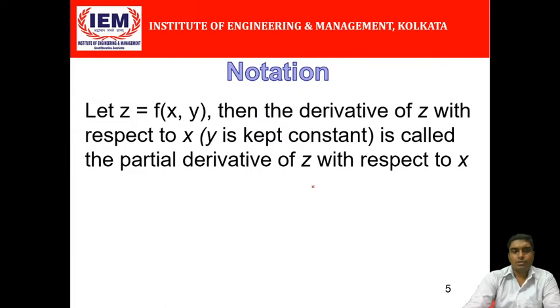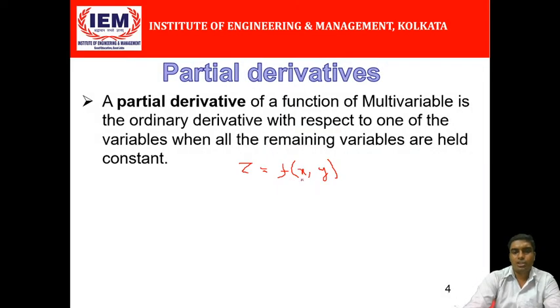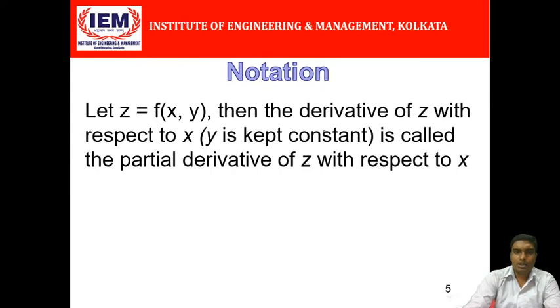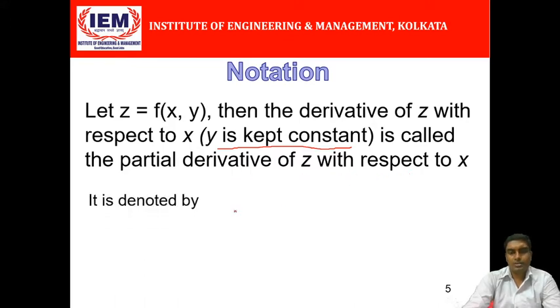Now, what is the notation? When we are differentiating this function with respect to x, y, the other independent variable, should be treated as constant, and it will be called the partial derivative of z with respect to x. We are keeping y constant and differentiating this function with respect to x. And how will we denote the partial derivative of z with respect to x? It can be denoted in this way: